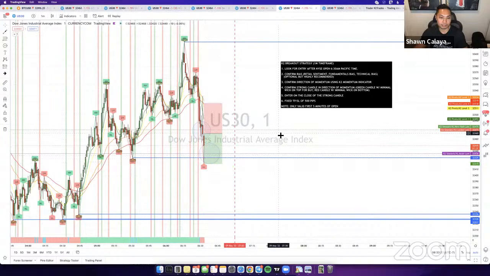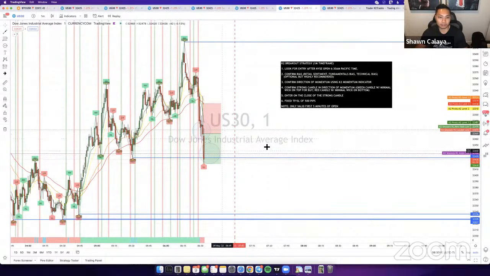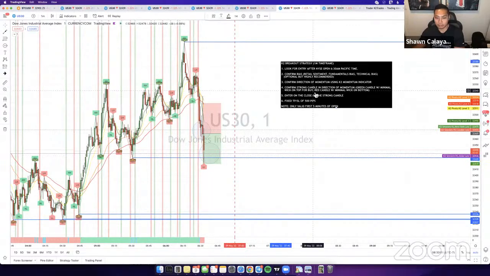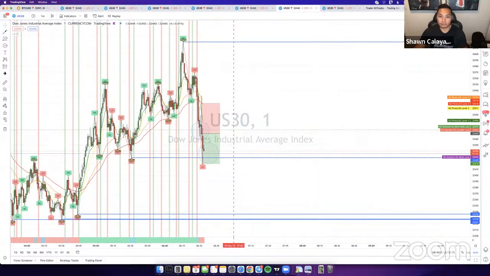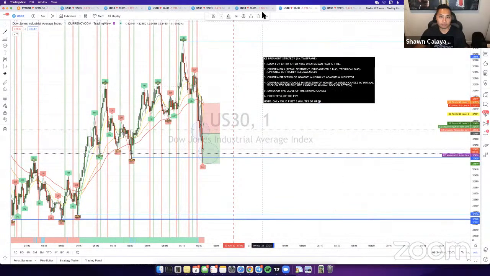So if you guys are taking these trades, you can't be greedy with these moves, because this thing just went straight down and now it's right back up. So as you can see, clearly this is a risky trade, right? If you hit TP, you would have been pulled out right away. Not one that I want to be in. Even though it does hit TP, I don't want to be in this trade because I'm going to be stressed out when it comes near these sessions right here. So as you can see, full TP off the breakout, not one that I would have taken due to where price currently is.